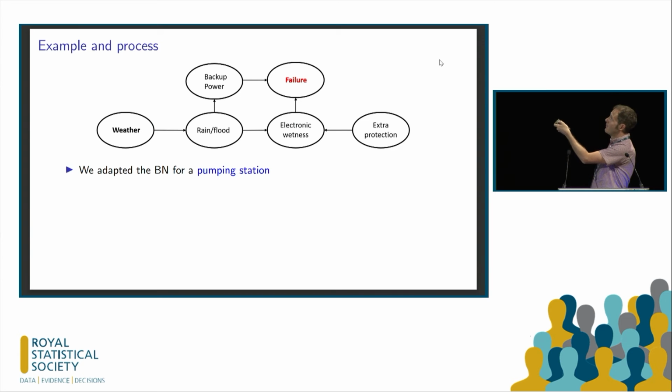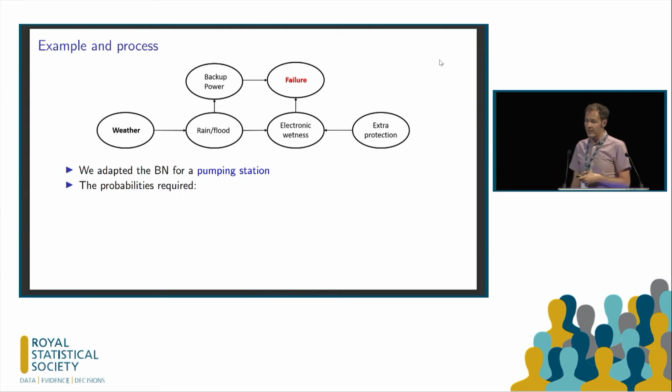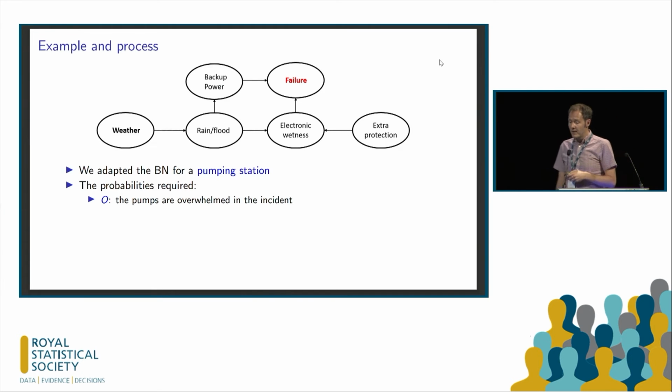Well, it did have a backup power, but if that backup power also failed, that would cause a failure. So essentially, we're looking at two types of electrical power failures here, with the possible failure modes. So this was the Bayesian network that we needed then to populate using our elicited knowledge from our group of experts. So the probabilities to quantify this Bayesian network, well,